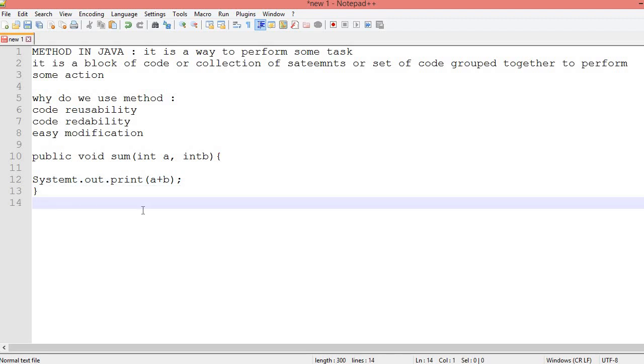Okay, let's understand. So this is the method.